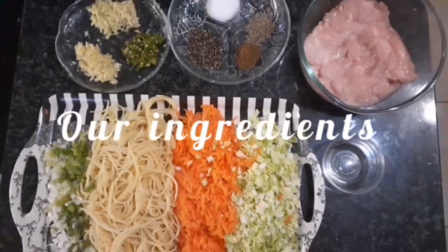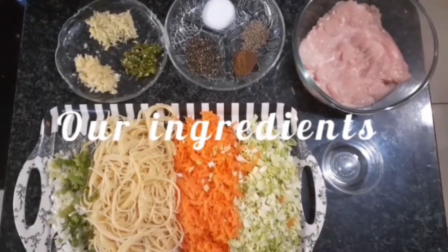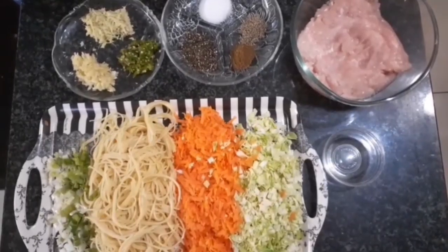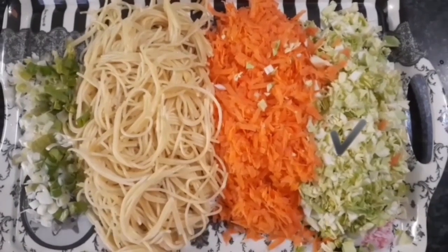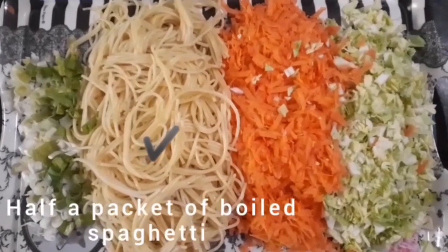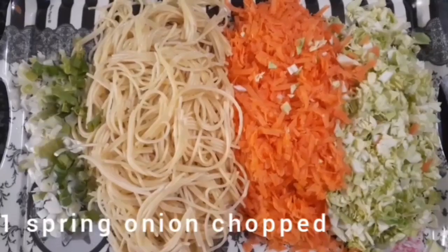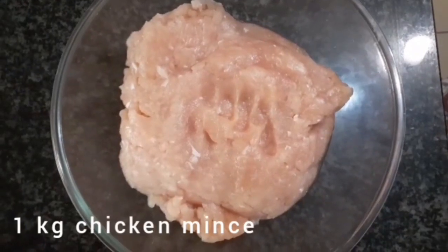Today in our kitchen we are making chicken spring rolls, and these are our ingredients for the filling. We need 1 small cabbage chopped, 3 large carrots grated, half a packet of boiled spaghetti, 1 spring onion chopped, 1 kg chicken mince,